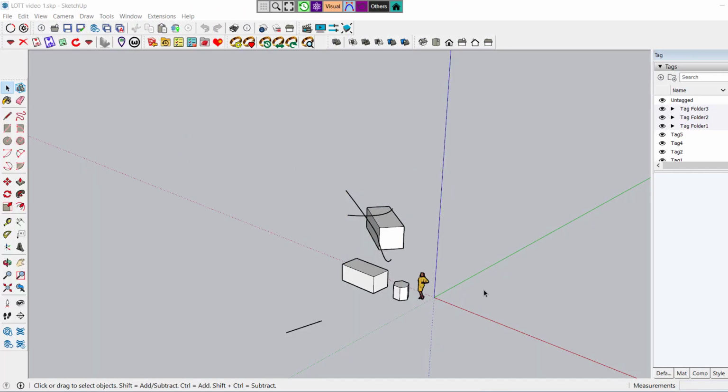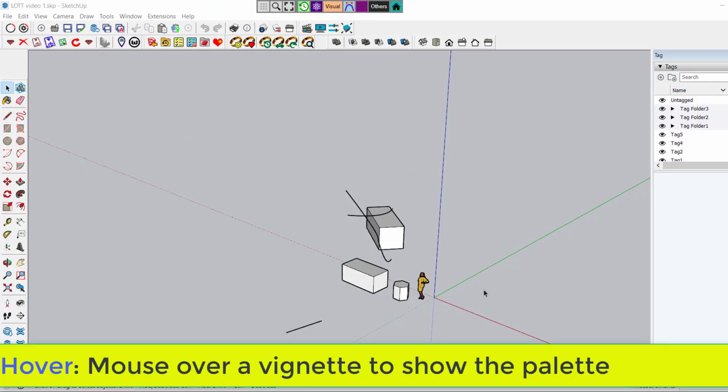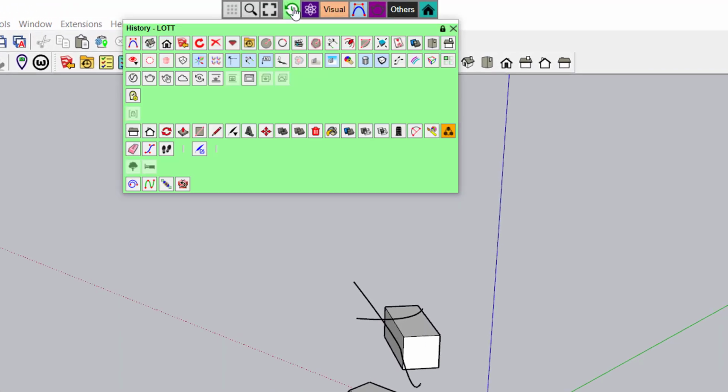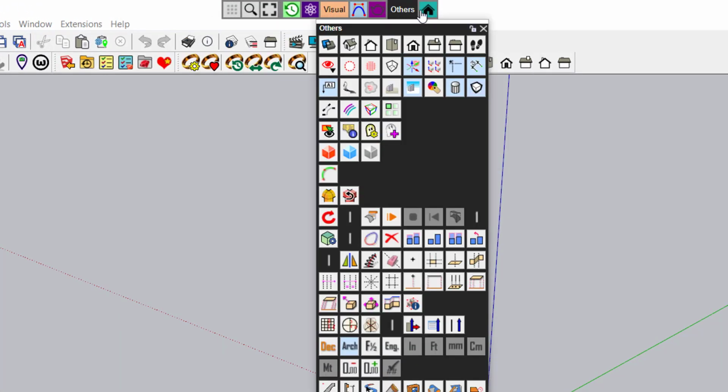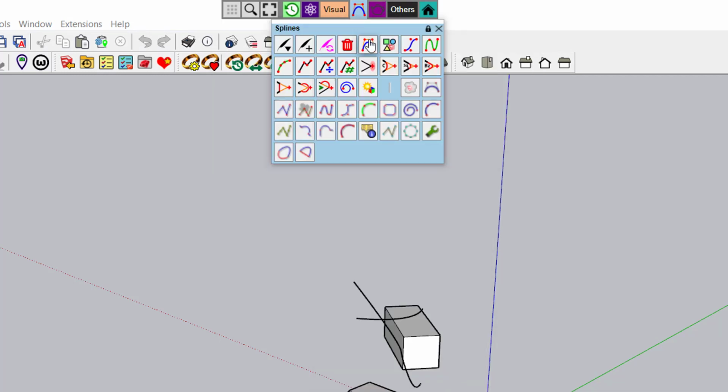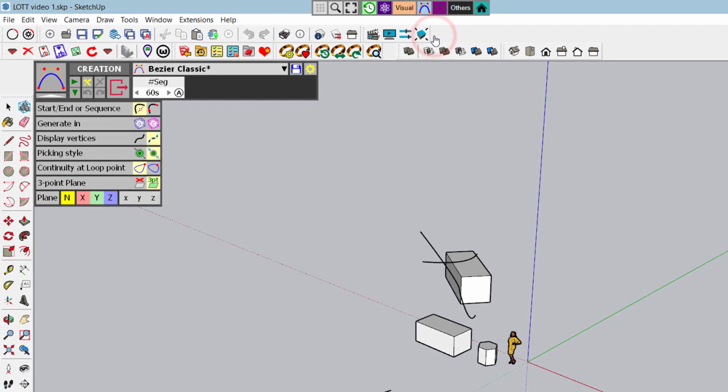Lot comes with a default mode called Over. So in this mode, if you want to access a palette, you just mouse over a vignette and it is temporarily shown. Okay, so if you click on an icon, then the palette will disappear and you get to the execution of the command.